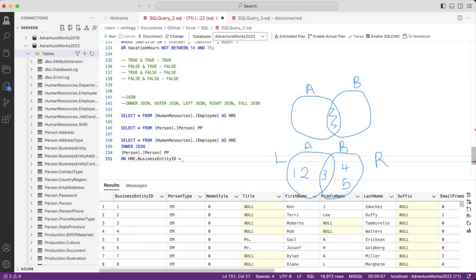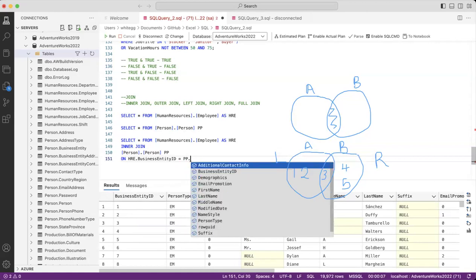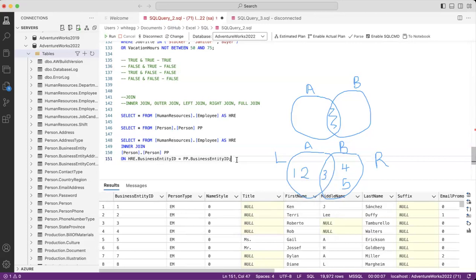So I'm going to pick that business entity ID and then PP dot again, which is person.person, whose alias is now PP. So every time I want to reference person.person, I don't need to write it out again. All I have to do is type PP. If I put a dot, it shows me the columns I have in that table also. The one that matches with the other table is business entity ID. I'm just going to pick that. Then I end this with a semicolon. Now, when I run this,